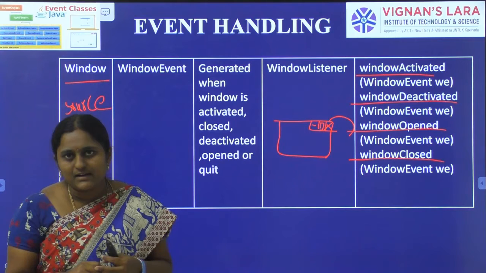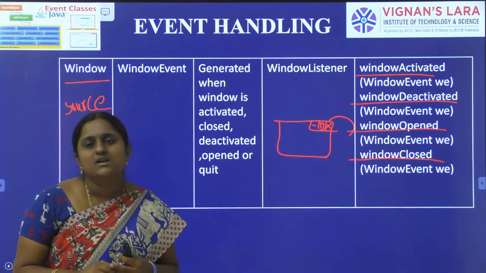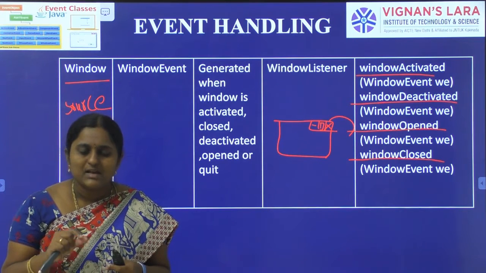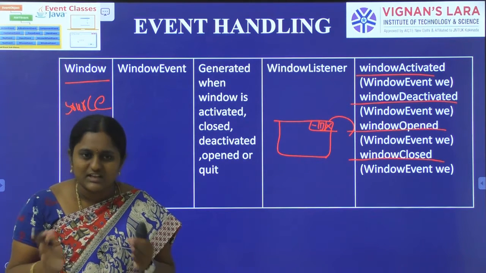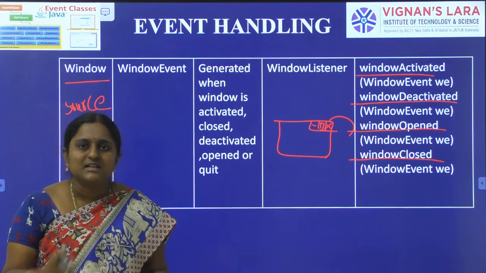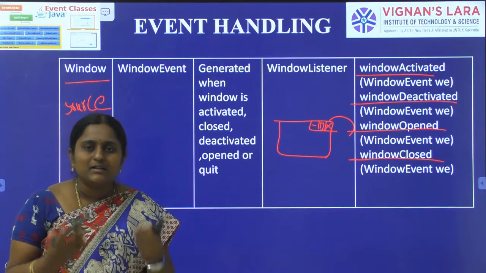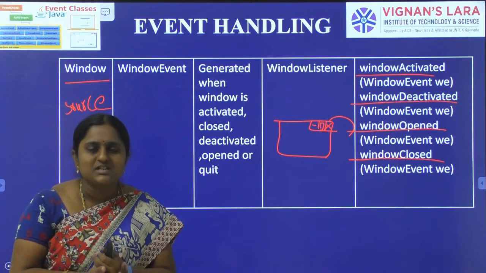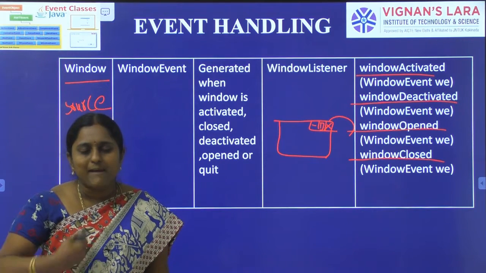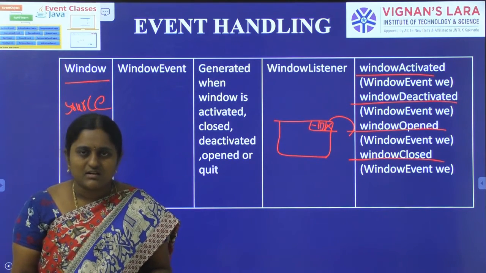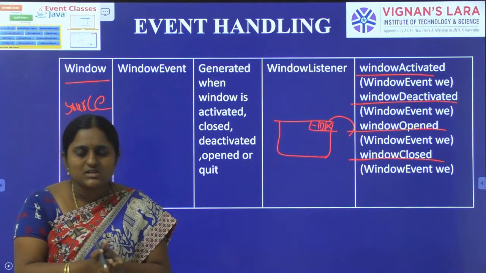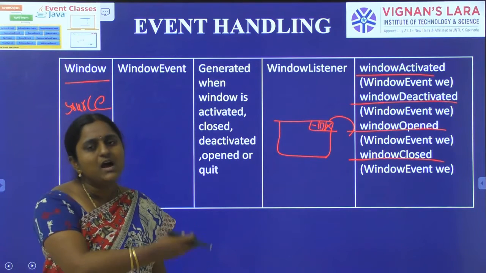First of all, what is an event? Simply, an event is a change in the state of an object. In Java, everything is considered an object. Change in the state of an object is nothing but an event. You can click a button, perform mouse operations or keyboard operations, choose a list of items from a menu, or manipulate the scroll bar. Events are generated in the sources. Whenever events are generated in the sources, they move to the listeners.